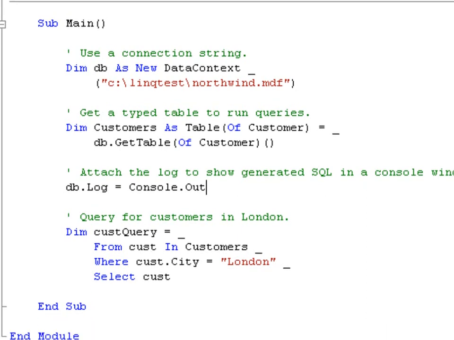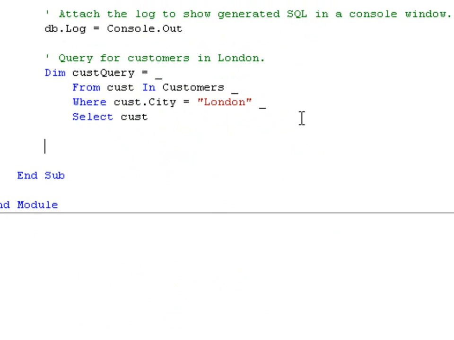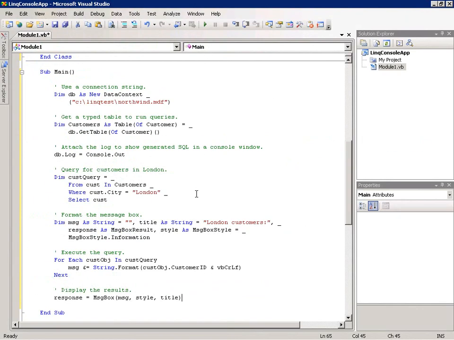Now I'll put in the for each loop to run the query and format a message box to show the results. For each object returned by the query, add it to the message. For the message, this code sets variables with formatting information such as the title and the basic appearance. This code shows the message using the variables. Now I'll run it,